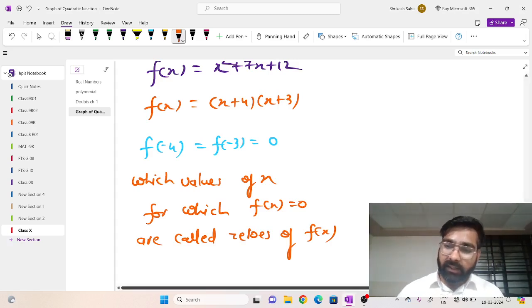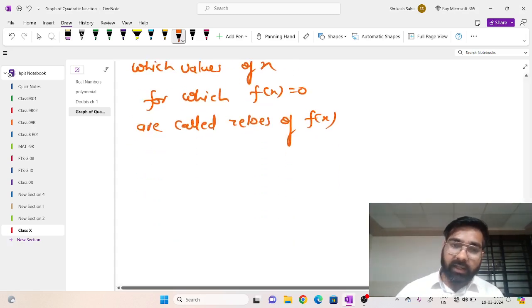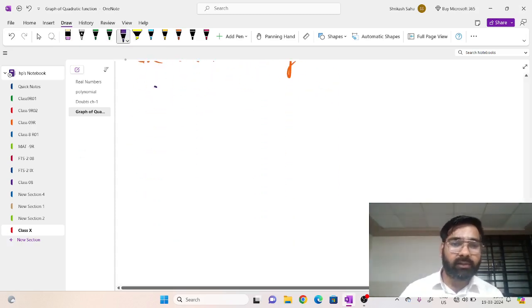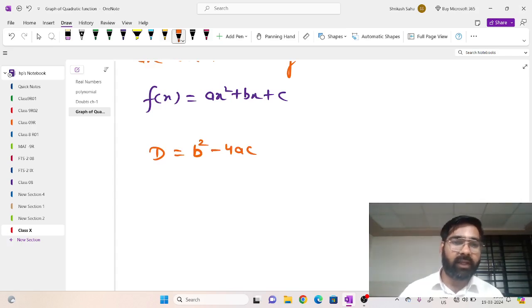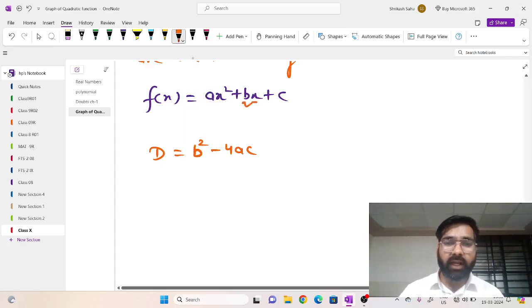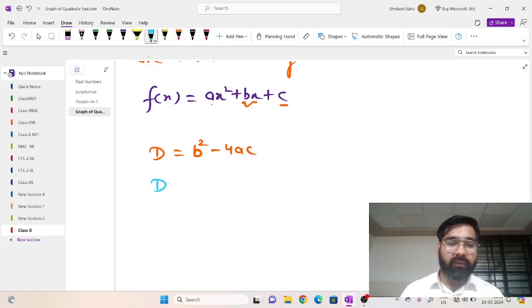Okay. And here is another point that is known as the discriminant. Every quadratic equation or function has a discriminant that is represented by D, and we can find the value of D by the relation b square minus 4ac. Here b is the coefficient of x, c is the constant term, and a is the coefficient of x square. If we get the value of D equal to 0, then we say that the zeros are real and